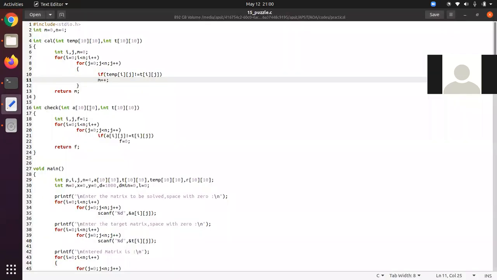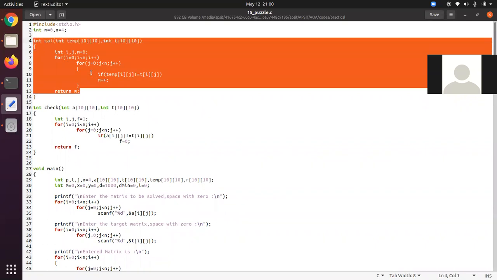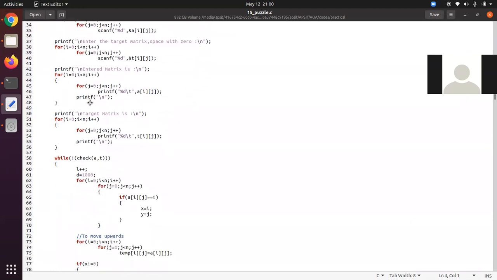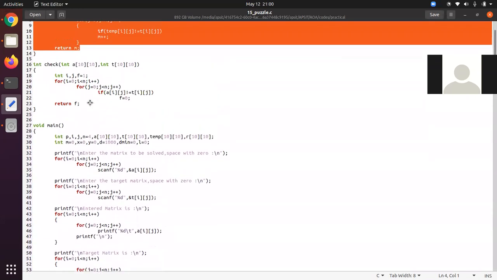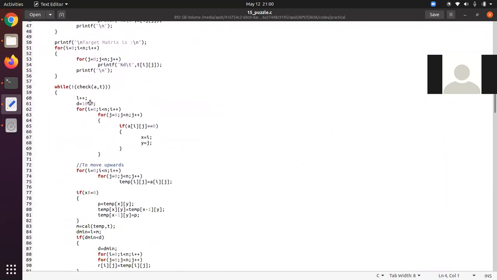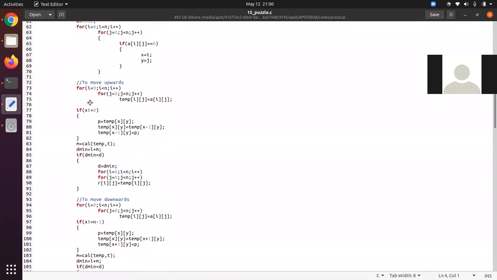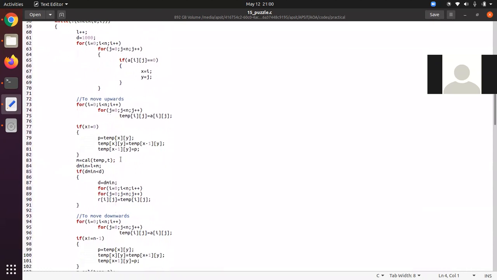So this is the value which we are getting over here, and we are going to return this value here, right? So this cal will return 5. So there are 5 values. From 0, we have incremented and we have reached 5. So this cal will return 5 over here. So we will get this m is equal to 5 over here, right?